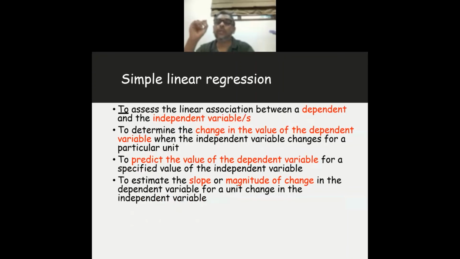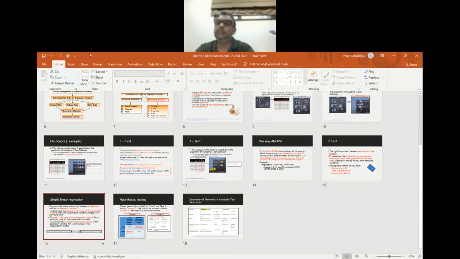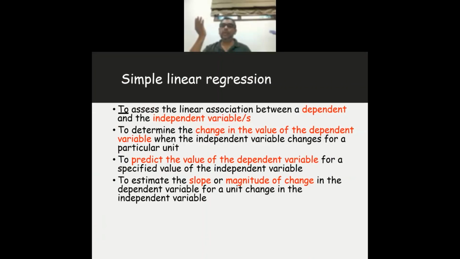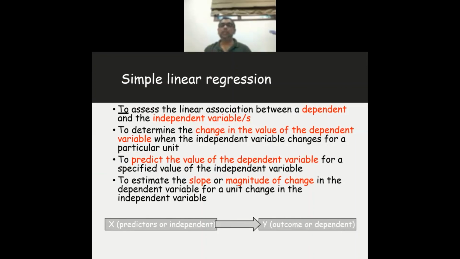Okay, yang ini, this is talking about simple regression. Hold on, just give me a minute. Just give me a minute. Okay, sorry. Okay, all right. Okay,